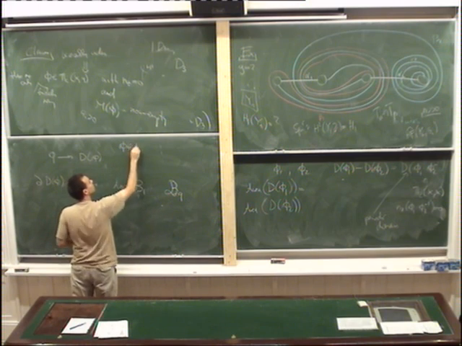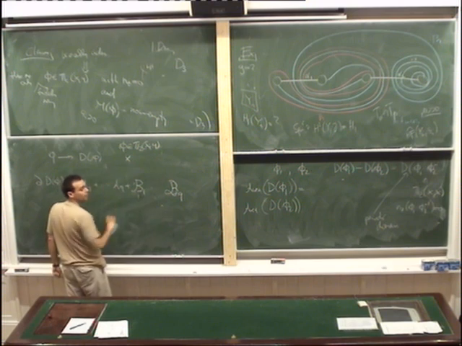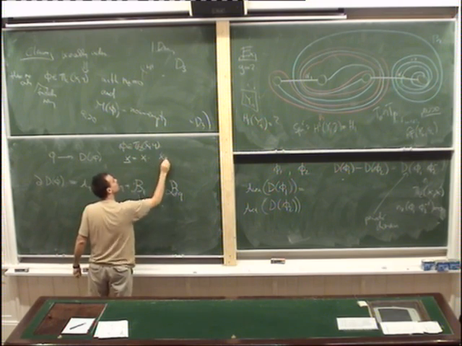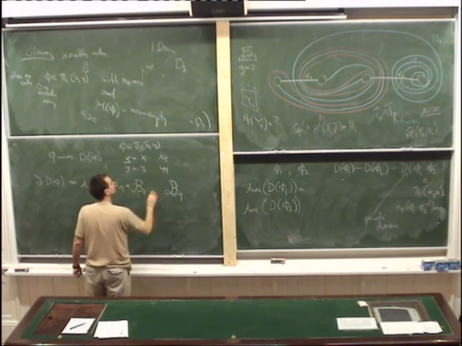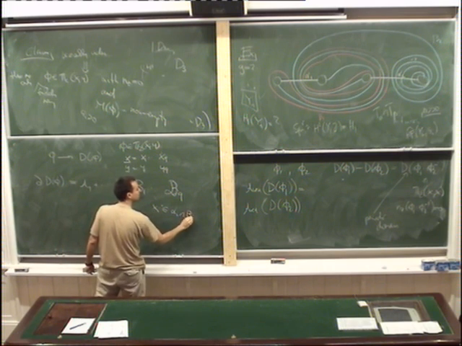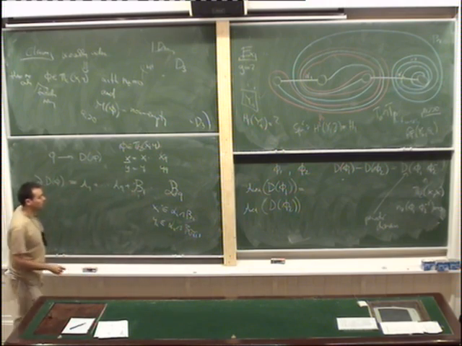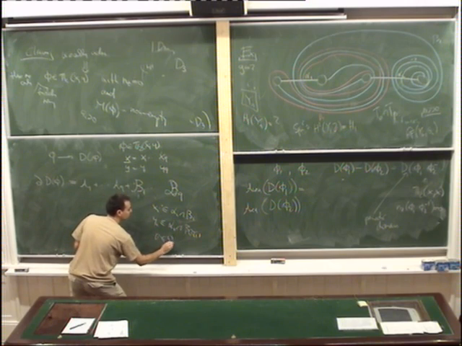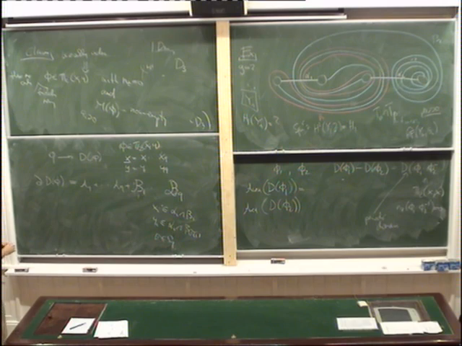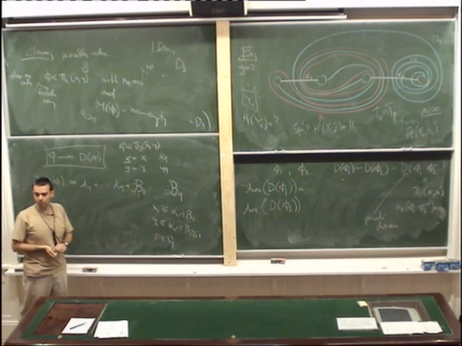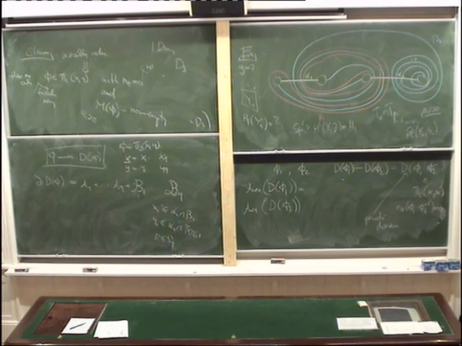But now we assume that phi is an element in pi_2(x, y), where x and y are not necessarily the same. x is x1 through xg, y is y1 through yg, and I guess x_i is an intersection between alpha_i and beta_i, but y_i is an intersection of alpha_i intersected with beta_sigma(i), where sigma is an element in S_g, right? So the claim is that if phi is really a homotopy class connecting x and y, then when you take the corresponding 2-chain and take the boundary, these 1-chains on alpha and beta circles have to satisfy some conditions. Namely, the condition they have to satisfy is that the boundary of A_i is going to be